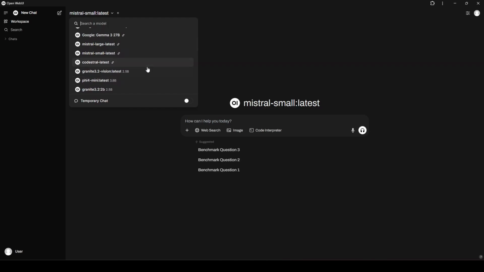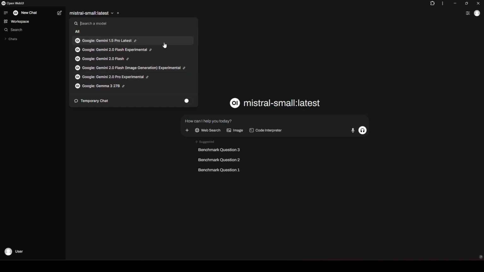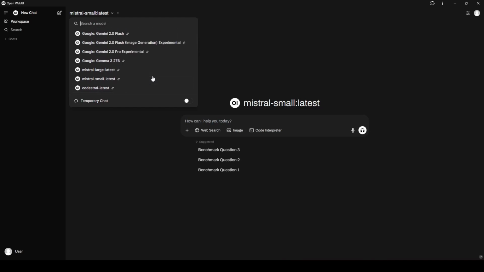But then when I was showing Open Webui to somebody the other day, they were like, hey, what are those ones with the links? I'm like, oh, those are my web-based models. And they're like, doesn't that defeat the purpose of Open Webui? I'm like, well, depends on your perspective, right? For me as an individual, I use both web-based models and local models, but I use them for very different things.